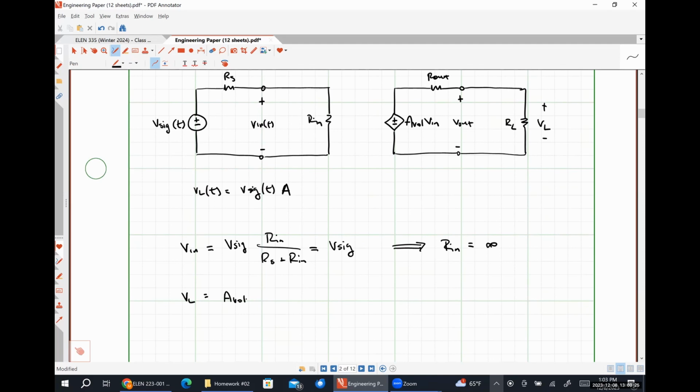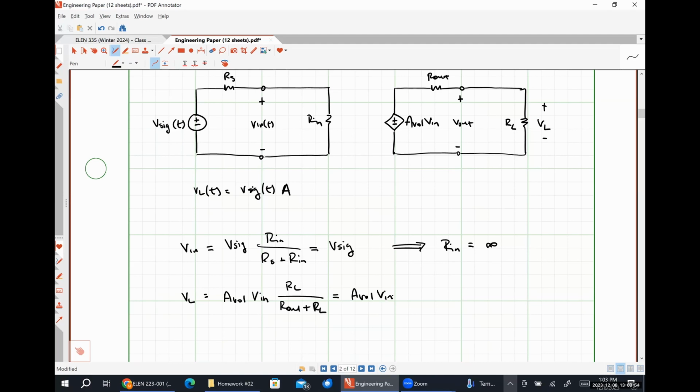Times Vn. And then we're going to apply voltage division here and say that we're going to have RL over R out plus RL. And this needs to be equal to